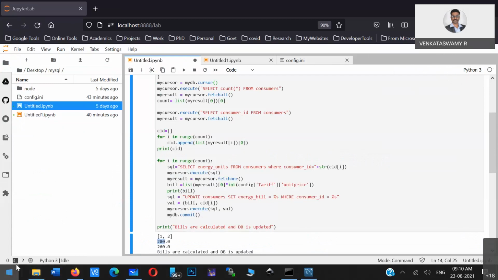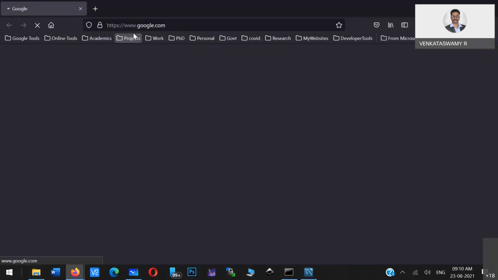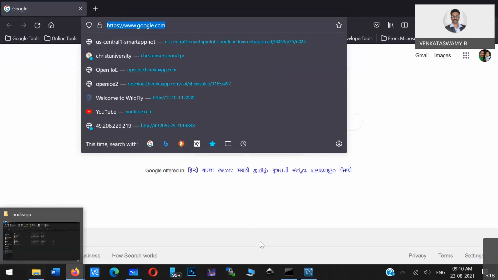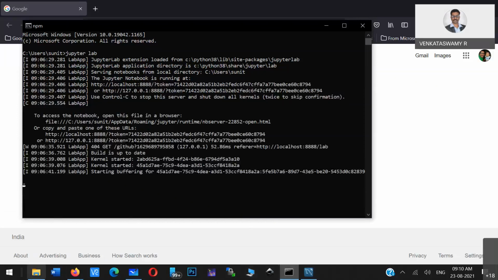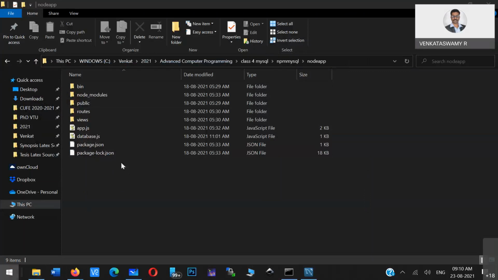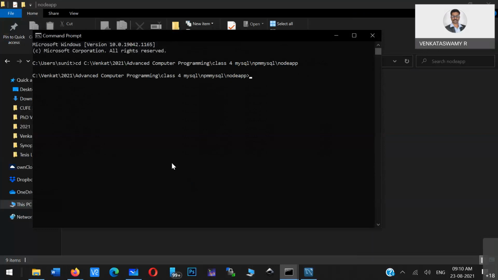So, for example, just to visualize data in a web page, I created one web page using the Node JS programming language. I will take up Node JS in future classes. For now I'll just run that program.